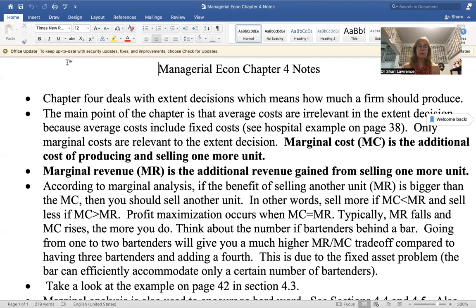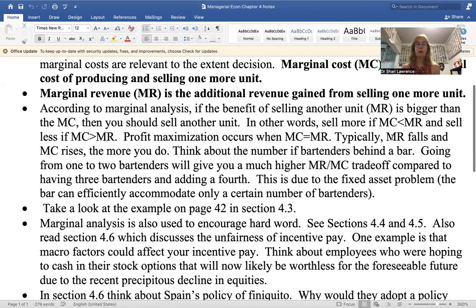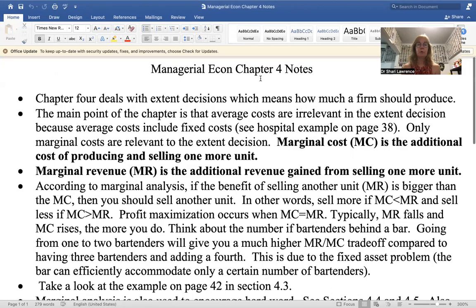Chapter 4 deals with what is called extent decisions, which means how much a firm should produce. When we talk about how much a firm should produce, we're dealing with what we call marginal analysis. The main point of this chapter is that average costs are irrelevant in the extent decision, meaning